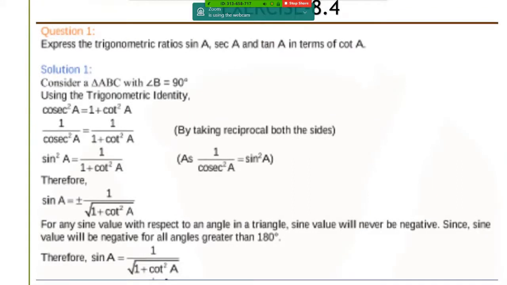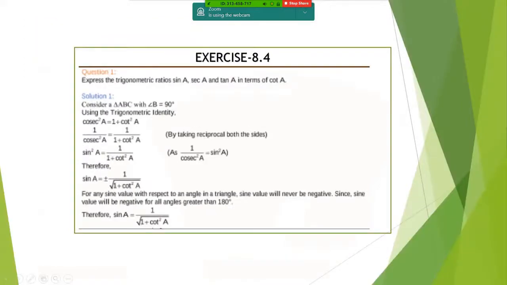Now what is pending is finding the value of tan A. Tan A and cot A are automatically related. How are they related? Tan A and cot A are inversely proportional. So we can always write tan A is nothing but 1 upon cot A. So we have tan A as 1 upon cot A. What is pending is secant of A. Now what is secant of A? Secant of A is nothing but 1 upon cos of A. When sine of A I know, I can always find what is cos of A. So how do we do that? We move ahead to the next slide.